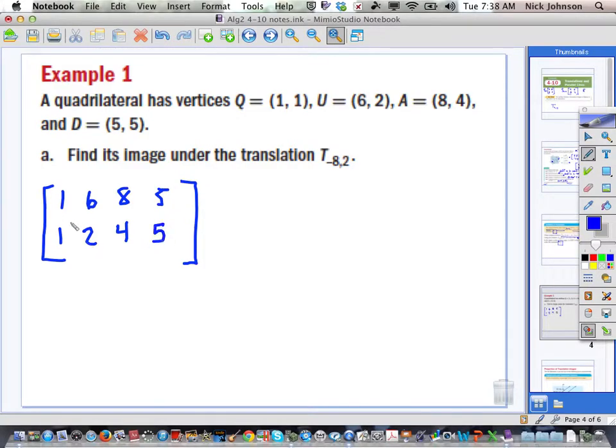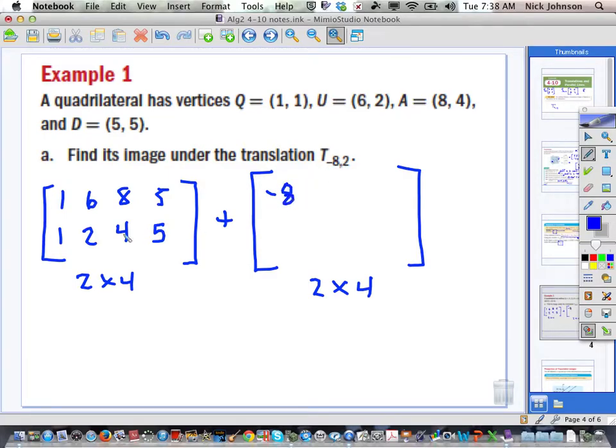Since I'm making a coordinate matrix, what I'm adding to this translation has to be the same size. So this is a 2 by 4, so this also has to be a 2 by 4. I'm moving it 8 units to the left, so -8 goes across here, and I need 4 of them. And I'm moving every y value 2 units up, so I need 2 on the bottom. So when I add these together, I'm still going to end up with a 2 by 4 matrix,